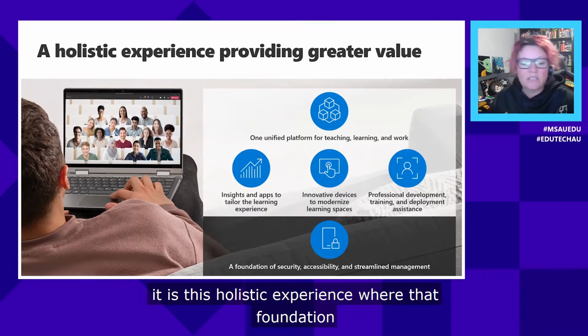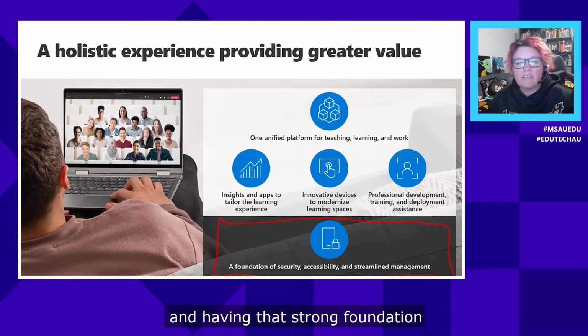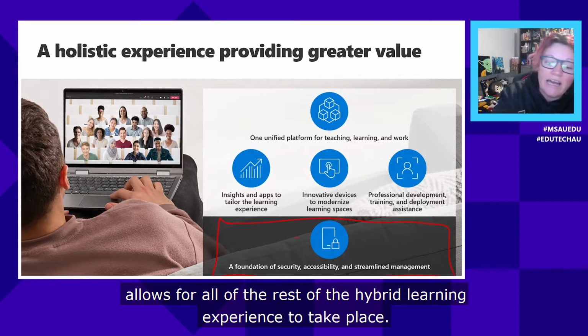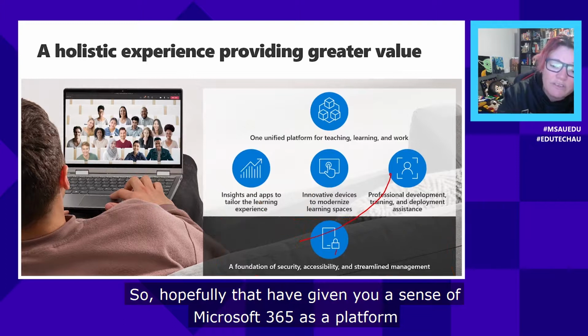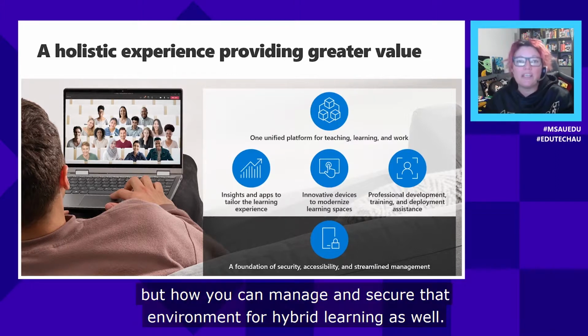It is this holistic experience where that foundation is extremely important, and having that strong foundation allows for all of the rest of the hybrid learning experience to take place. So hopefully that's given you a sense of Microsoft 365 as a platform and how it can be the platform for hybrid learning, but how you can manage and secure that environment for hybrid learning as well.